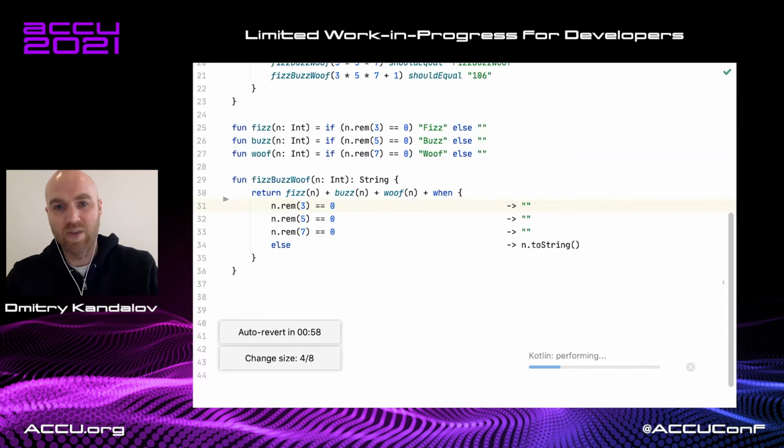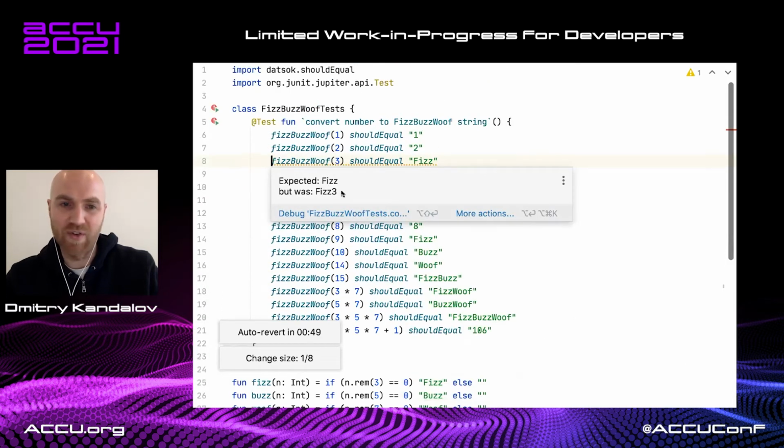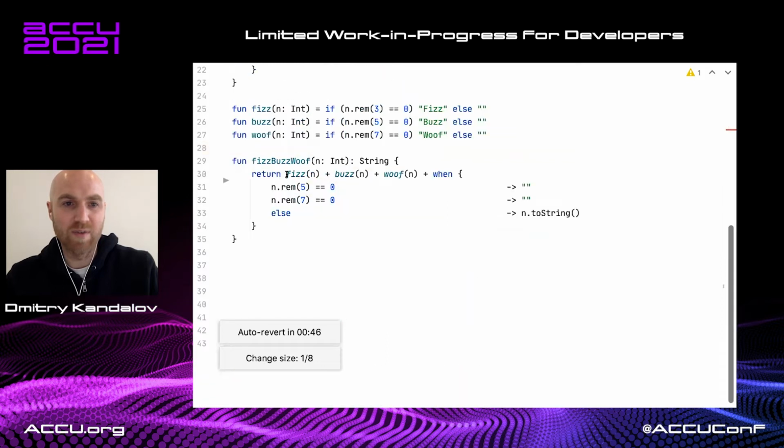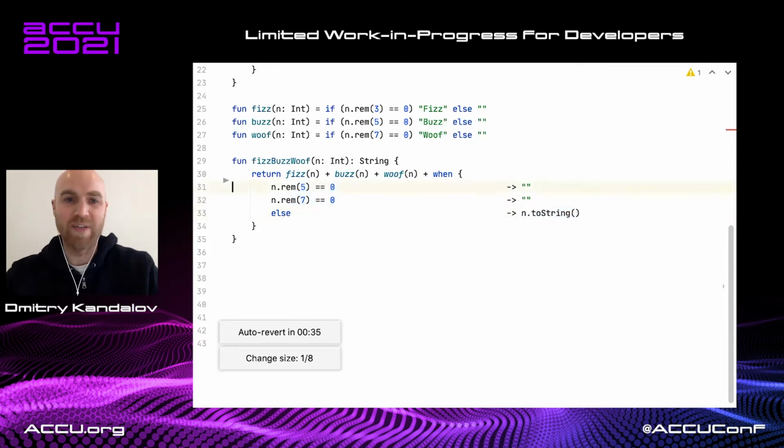But we cannot delete those other three lines immediately. So I'll save that. If I delete, for example, this one, there will be a failing test. Let's wait for it to fail. The failing test says the expected fees, but it was fees 3. This is because this function evaluates to fees. These two functions become empty strings, and then when we don't match any conditions, we go to enter string. So basically the idea is that as soon as we get an empty thing out of these three functions,